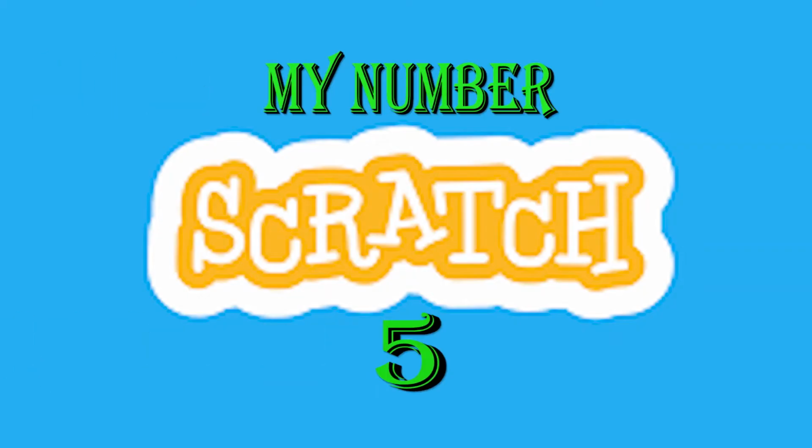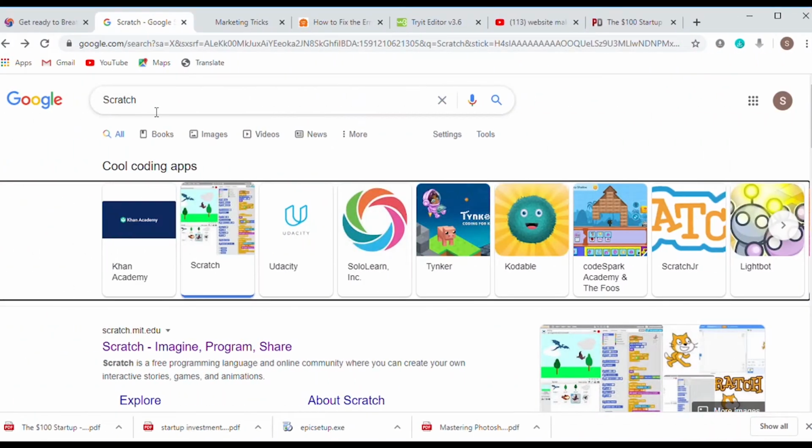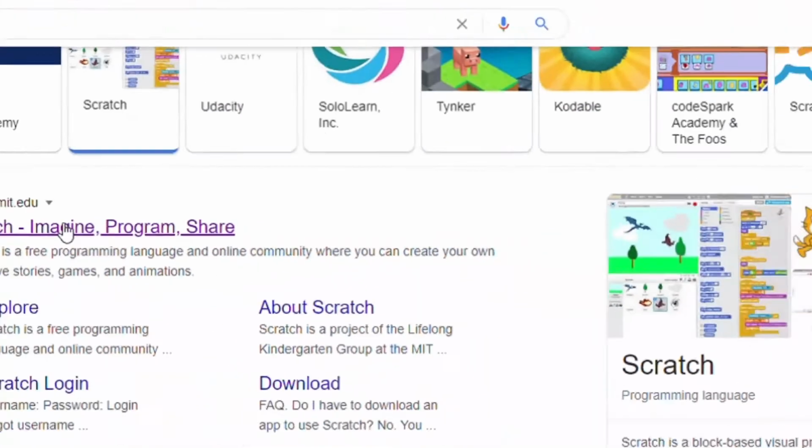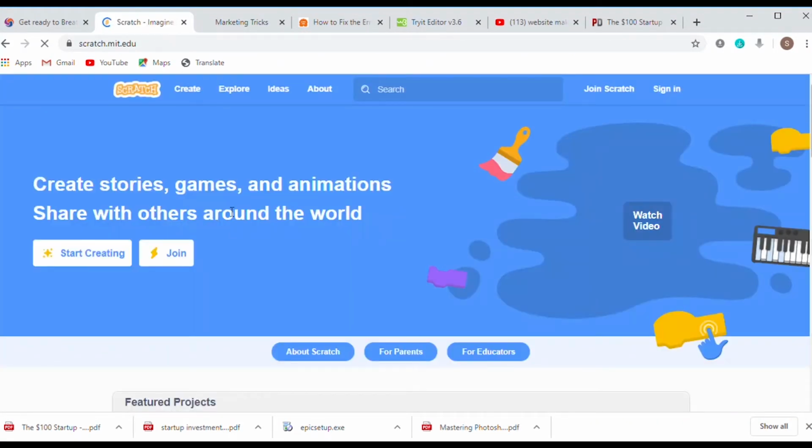Right, so number 5, I come on Google. In this search bar right here, I punch in Scratch. Okay, that's my number 5. Number 5, Scratch. And then you have this icon over here, or you can come down right here. I think it gives you this link to the website. So it's scratch.mit.edu, and then you have to open it. Once you click this link, it takes you to the website. All right, this is the website.